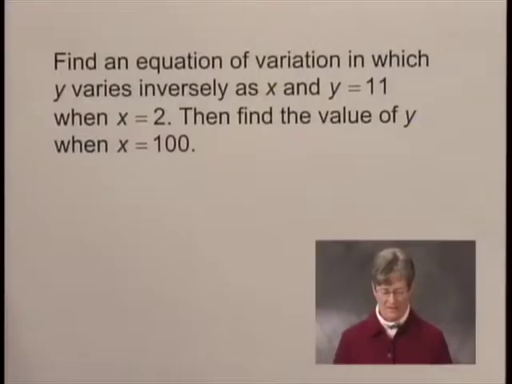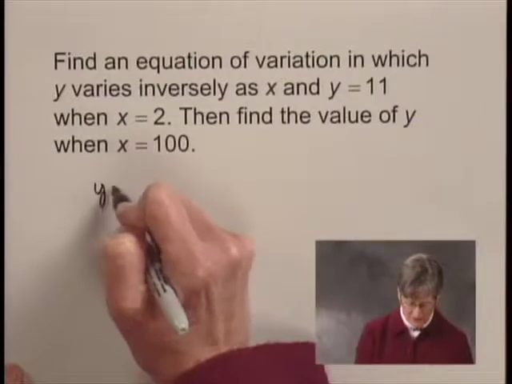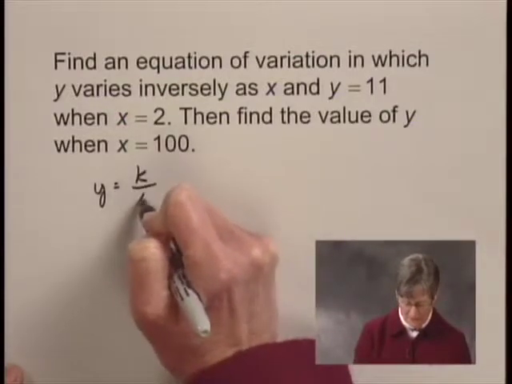Find an equation of variation in which y varies inversely as x and y equals 11 when x equals 2. Then find the value of y when x equals 100. Well, we know that an equation of inverse variation has the form y equals k over x, where k is